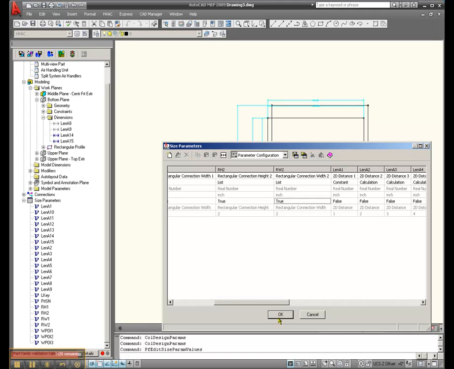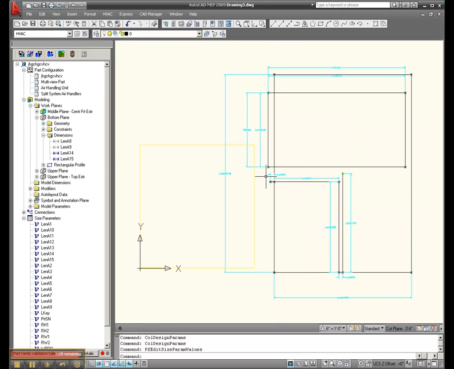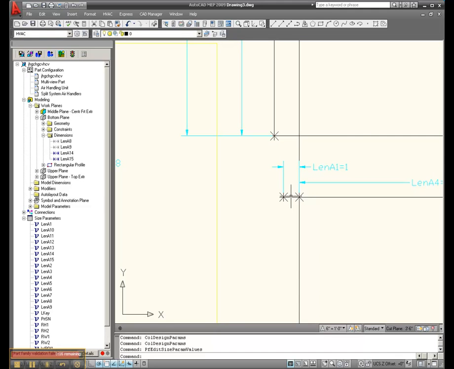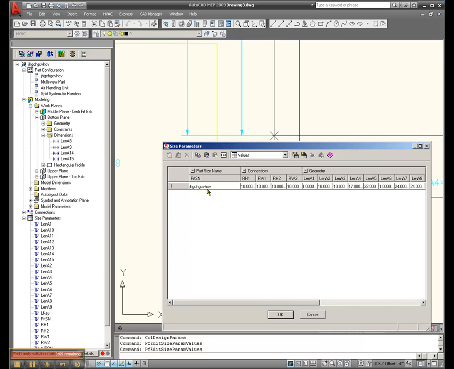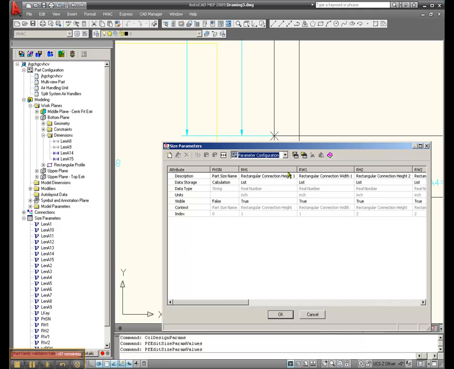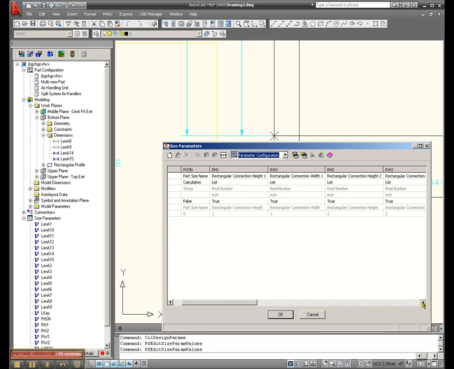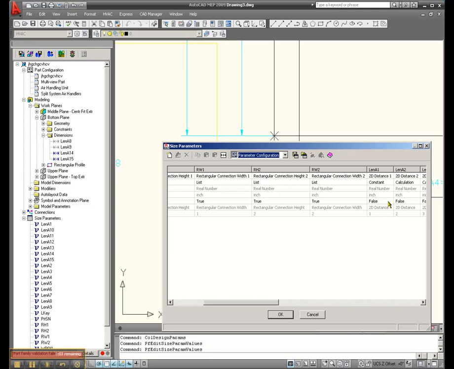Length A1, let's go figure out what that guy is. I think this is length A1 here. So the length of that extrusion you may want to change. So let's go back there and change this to parameter configuration and make length A1 visible. And we'll just kind of go through. This one's a